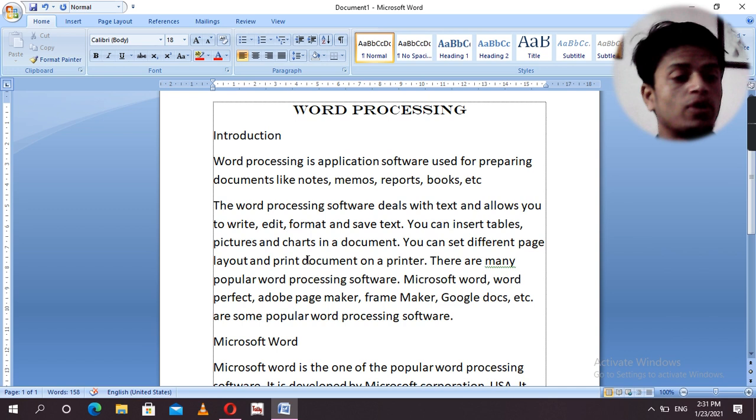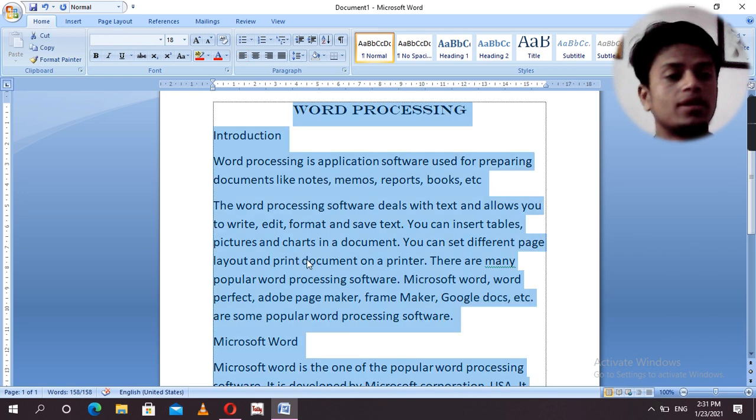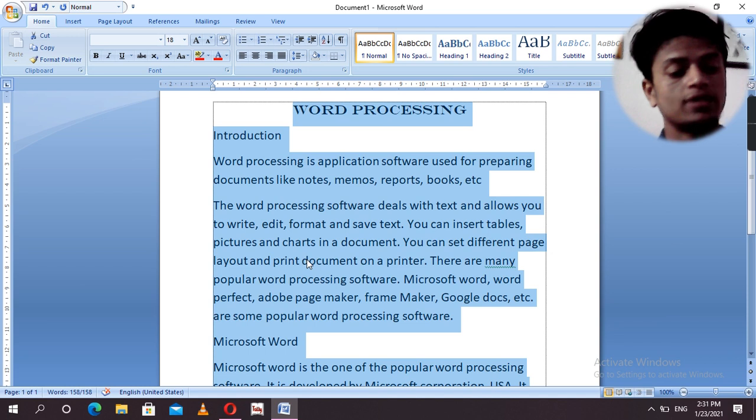We have to select the whole document. To select all, press Control A, the shortcut command for selecting the whole text written in the document.